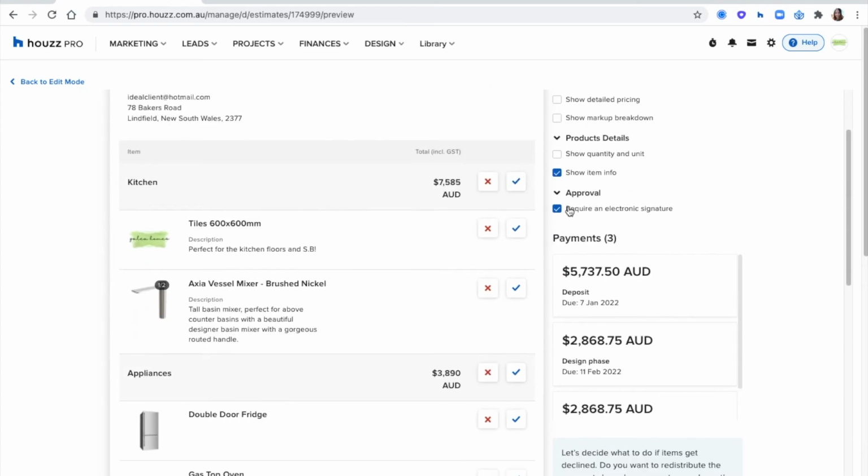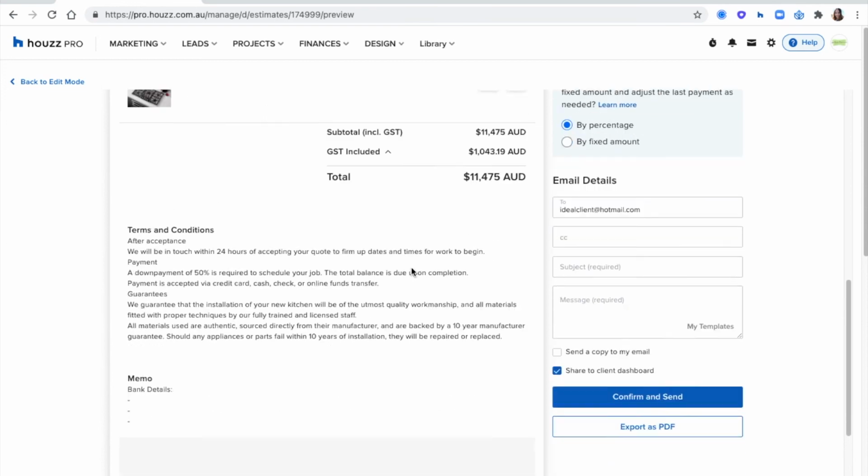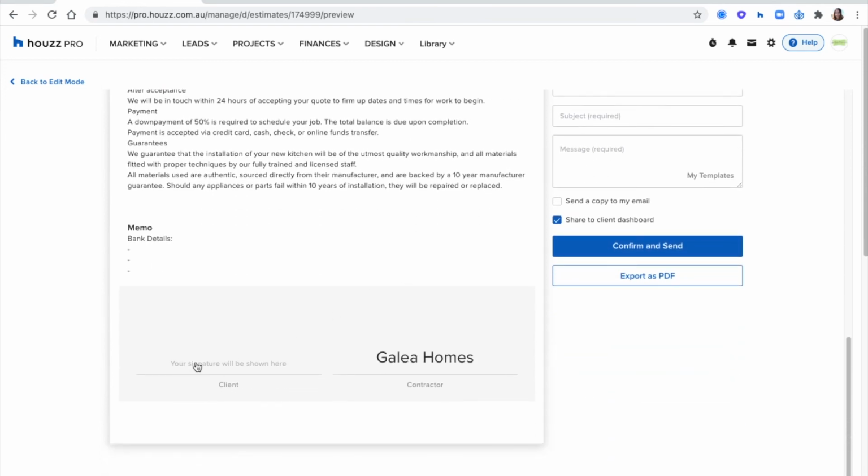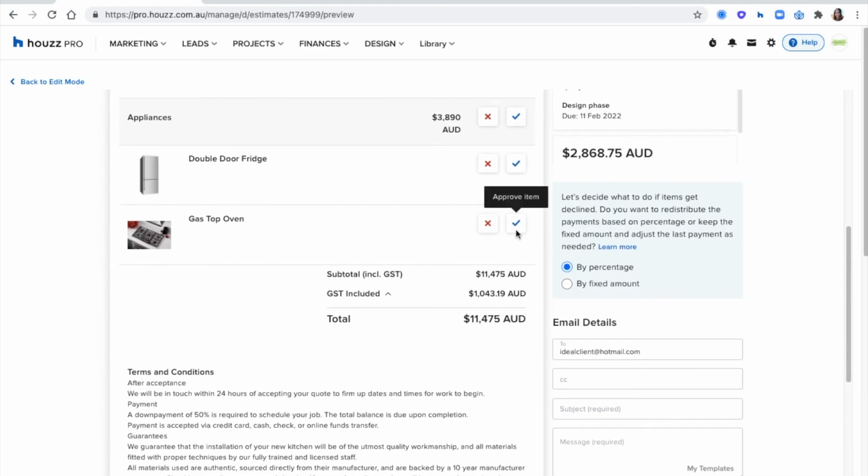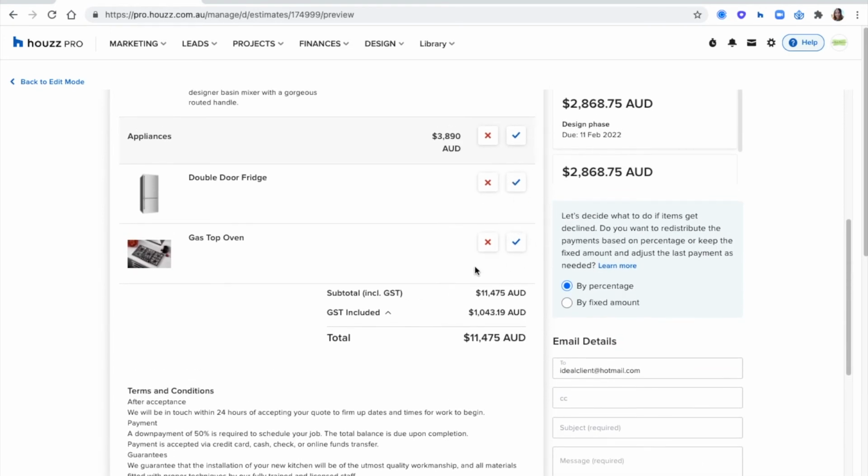I've also got the option to require an electronic signature. So I do always recommend having that ticked, because when your client goes ahead and approves or declines each line item, or approves the document in total, they're going to have to scroll down to the bottom and e-sign the document. Because if you've gone ahead and maybe they've approved all of the appliances, you've thought, okay, awesome, they've approved it, let's go ahead and purchase them, and the client turns around and says, hey, actually I changed my mind, I don't want that anymore, you can always say, well,